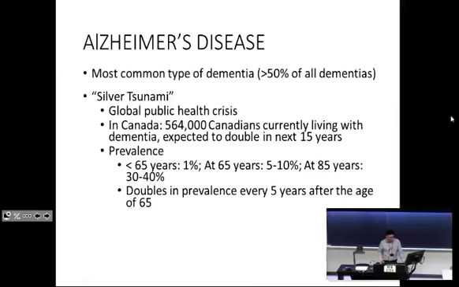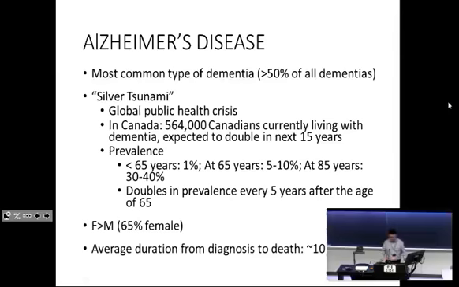The other thing I want you guys to take away is a rule that's sort of embedded in there, which is that the prevalence at age 65 is 0.5% and the risk doubles every 5 years. If you can remember that rule, you guys will be able to answer any of the questions on the exam with regards to epidemiology of dementia risk.